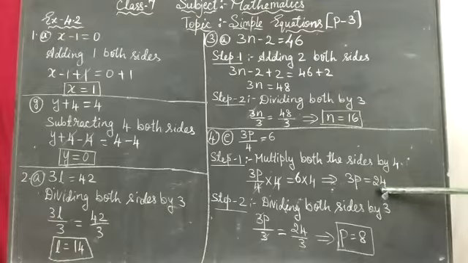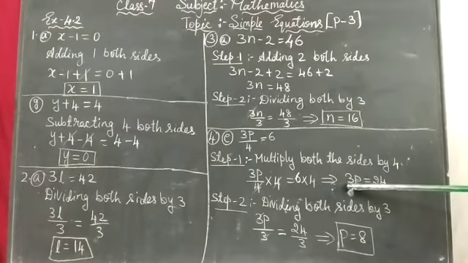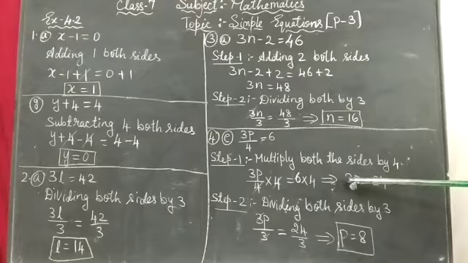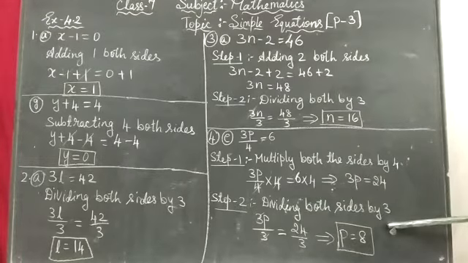How did this number change? Because I have multiplied both sides, therefore 6 4s are 24. We should not write 6. Clear? Then what do I need? I need the value of p. What is along with p? 3. 3 is multiplying with p. Therefore, we have to divide by 3 so that I can remove this 3. Dividing both sides by 3.